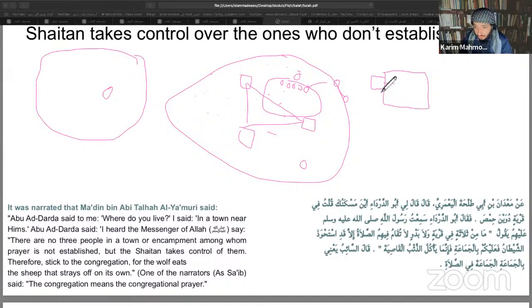His house had two doors, one to the Masjid and one to the outside. Do you understand how close he was? That is some serious stuff. So this shows how